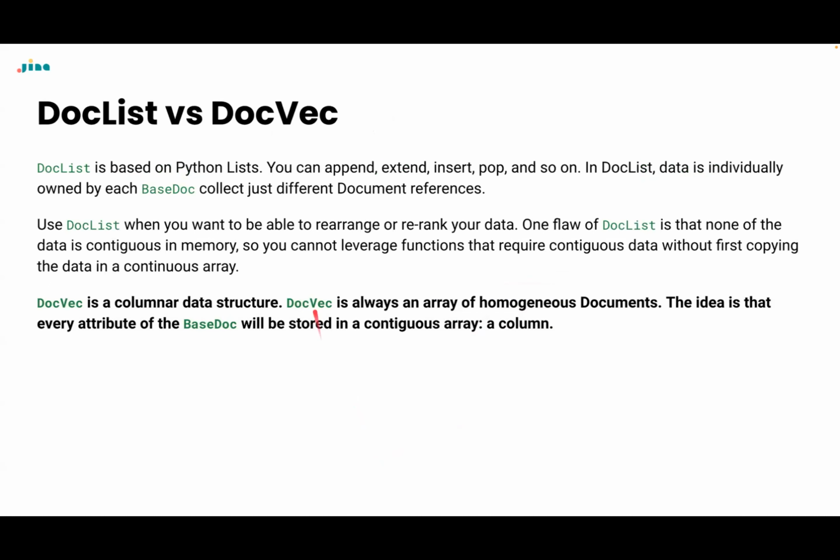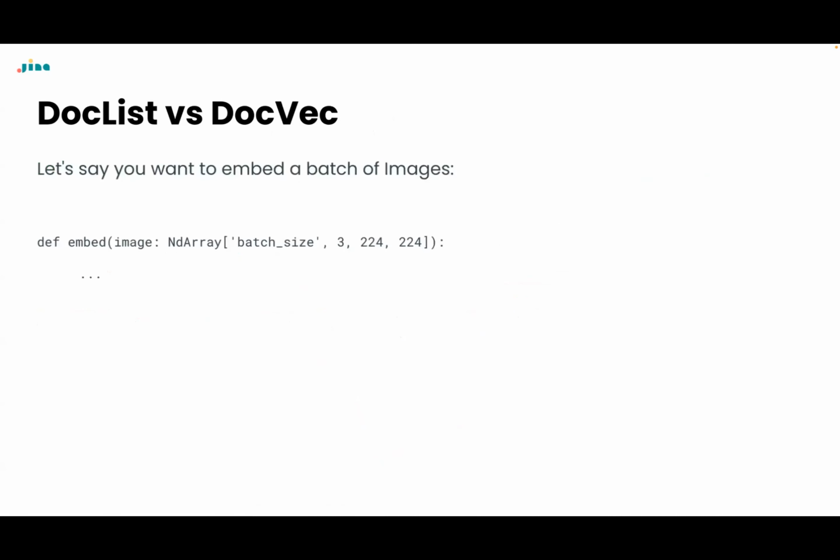And as I said before, DocVec is a column data structure, which allows you to quickly access attributes like .images and .embeddings, where you don't need to for-loop over each document because they are already structured in this way in memory. So let's say, for example, you want to